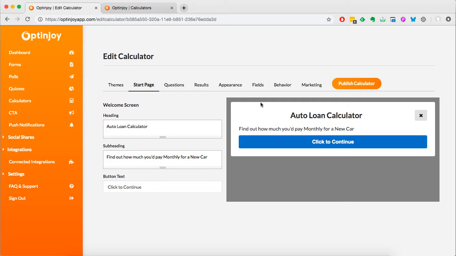Or maybe, for example, travel. How much would you need to climb Mount Kilimanjaro, for example? So this is an example that I have in here, which is an auto loan calculator. So I'll be using that to create a